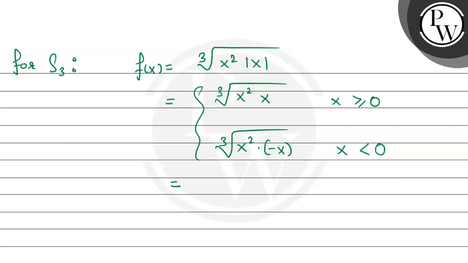एंड यहाँ से क्या आ जाएगी, यहाँ से अगर हम देखें तो एक्स क्यूब का क्यूब रूट एक्स आ जाएगा, एंड यहाँ से भी एक्स स्क्वायर को हम माइनस एक्स द होल स्क्वायर लिख सकते हैं. सो यहाँ आ जाएगा माइनस एक्स क्यूब्ड और क्यूब रूट निकालेंगे तो आ जाएगा माइनस एक्स फॉर एक्स लेस देन 0 एंड दिस इज फॉर एक्स ग्रेटर देन और इक्वल टू 0. अब ये फंक्शन सिमिलर है किसके, mod x के. सो द फंक्शन एफ एक्स इज actually mod x